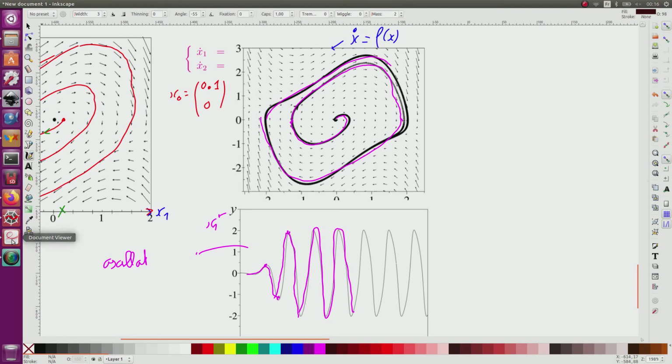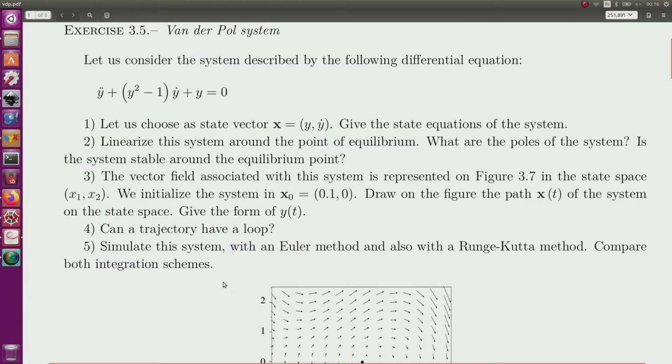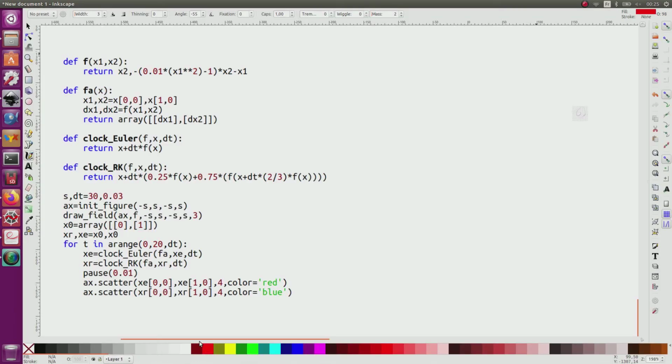That is our last question. We have to simulate the system with an Euler method, but also with a Runge-Kutta method, and we'll see that when we compare both integration chains, the result will be equivalent. So to perform a simulation, I will consider first my function f,